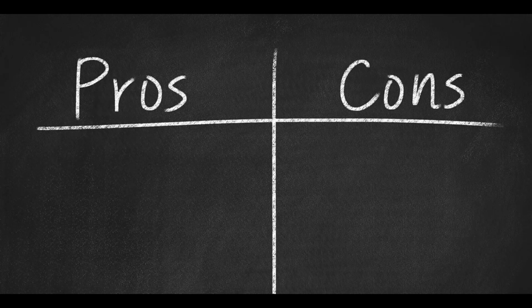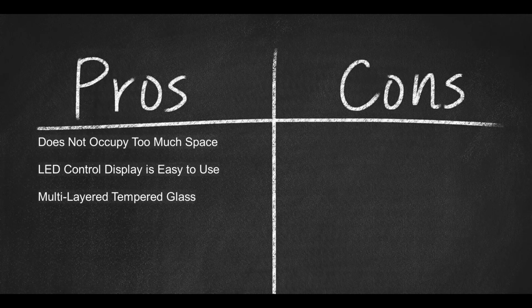Now for a few pros. It doesn't occupy too much space. The LED control display is easy to use, and the multi-layered tempered glass is very impressive. Now for a con. The cooler's fan tends to stop working altogether after some time,